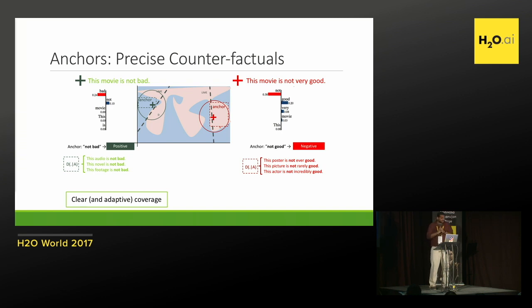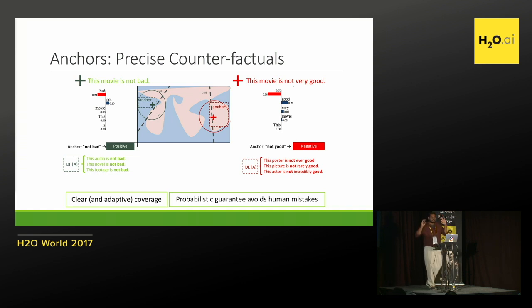Okay. Now, what's really nice is it's really clear about what the coverage is, because if the condition of the rule applies, you're set. If it doesn't apply, you're not set, right? Secondly, we are using probabilistic guarantees when we are computing it. So if the users just blindly follow these anchors, they're actually going to be correct almost all of the time. Right? That's also good. So I'll just show you some examples of what these anchor explanations look like.